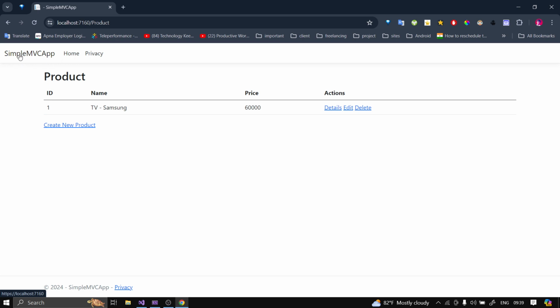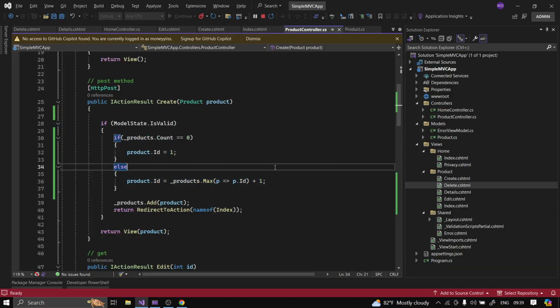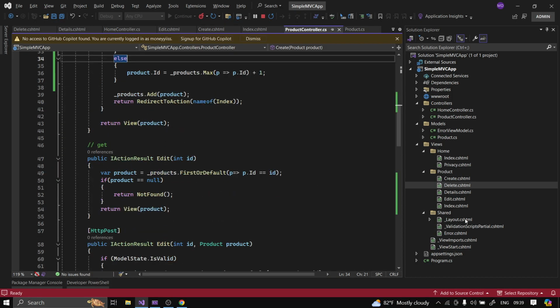operations. So now I will modify something else in this, like here is the simple MVC app with home and privacy. I want to put here the product, so that when you click the product then it will go to the index. So how will you do that? You will do that